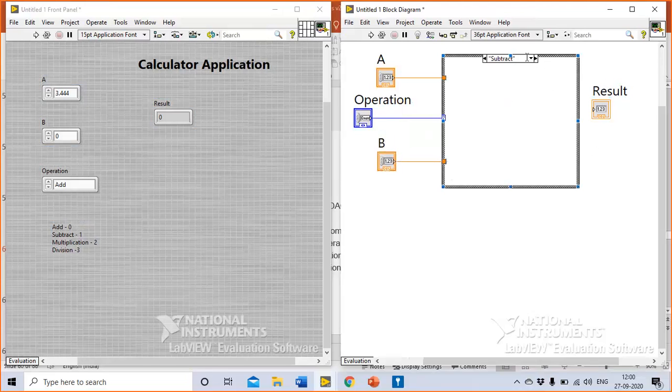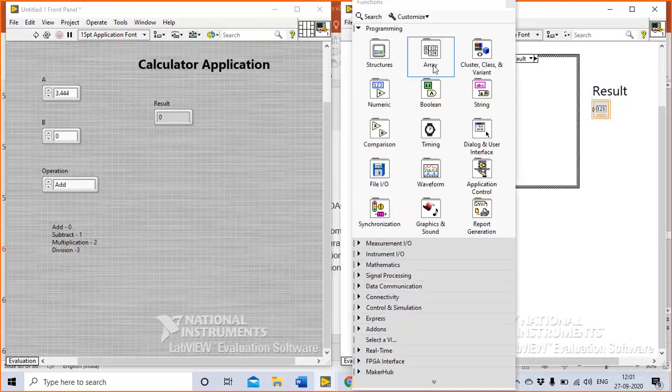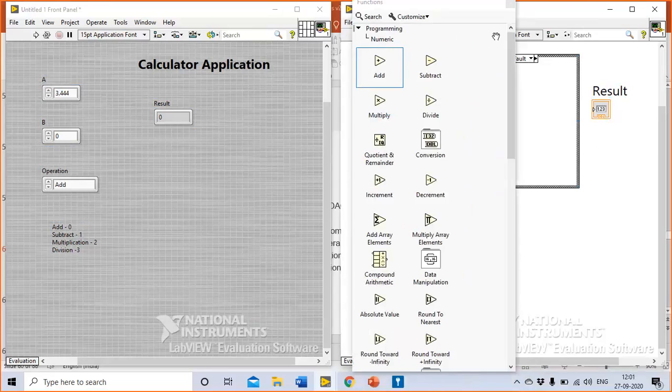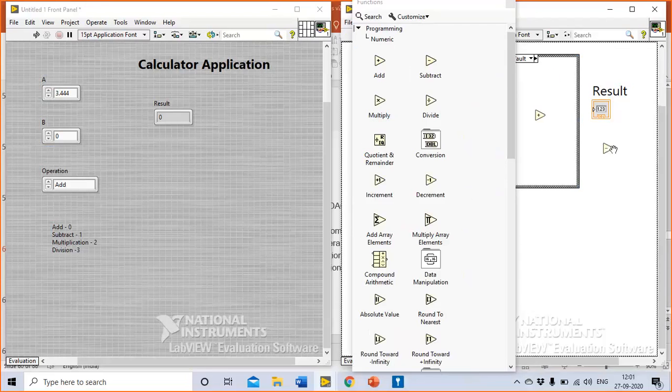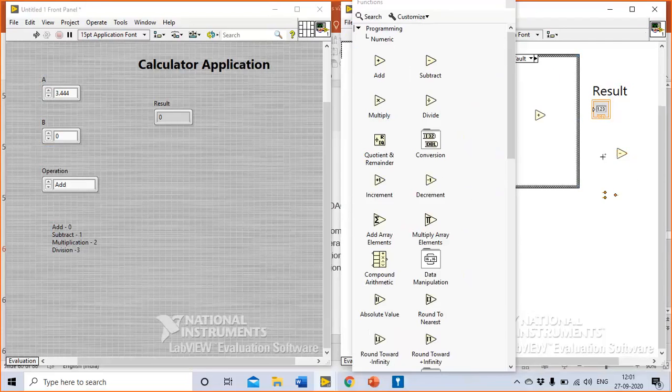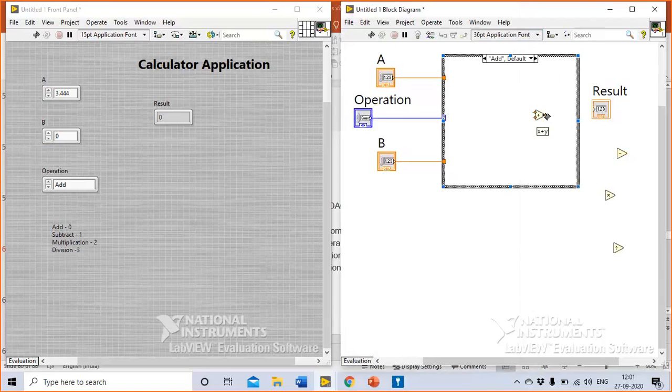I'll go to the add case. I will simply right click, go to the functions palette. In the functions palette, under the programming tab, I'll go to numeric. Under numeric, I have the add operation, subtract operation, multiply operation, and divide operation. I will close this here. I've placed the add operation inside the add case, and I am just wiring